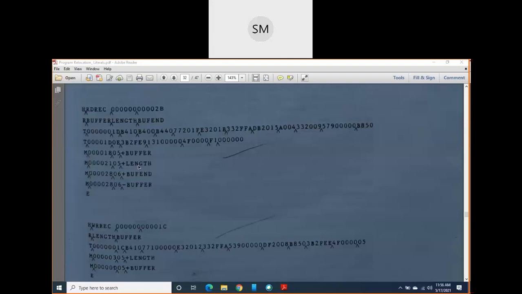And after evaluation of this expression, you get some value which is an absolute value, not a relative value. Already all these things I have discussed. So here in this expression, the relative symbol, that is plus buffer and minus buffer, I have written here. It means that for the same expression, I have written 2 modification records here.